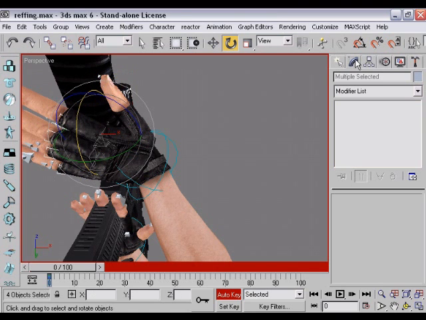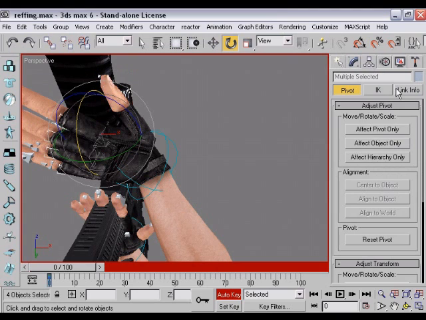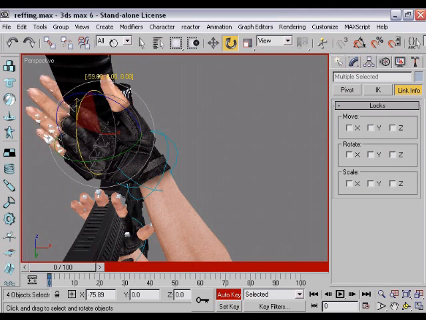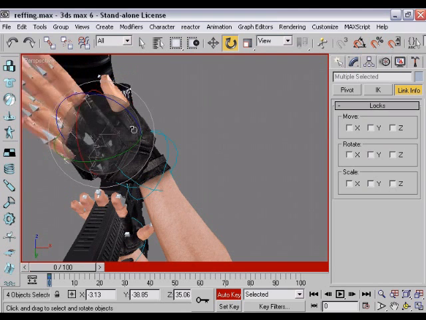Well, I think I've got it locked on. Click on this hierarchy tab here with these bases selected. Come over here to link info. You see this? I've got these restricted onto the y-axis only. Now, for example, ignore what I did right there. You can move your fingers this way, and you can move your fingers almost that way, if you know what